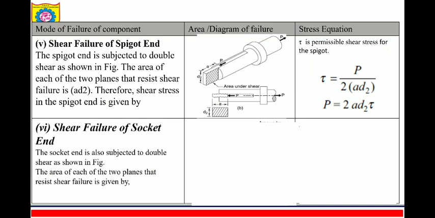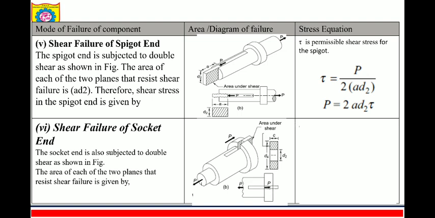Next, shear failure of the socket. Okay, the socket end is also subjected to double shear as shown in the figure. So you can see now, the socket end can also generate double shear stress. You can see the area under shear, this is the area under shear. So I have shown here the area under the shear. How much is the cross section area here? Cross section area is the